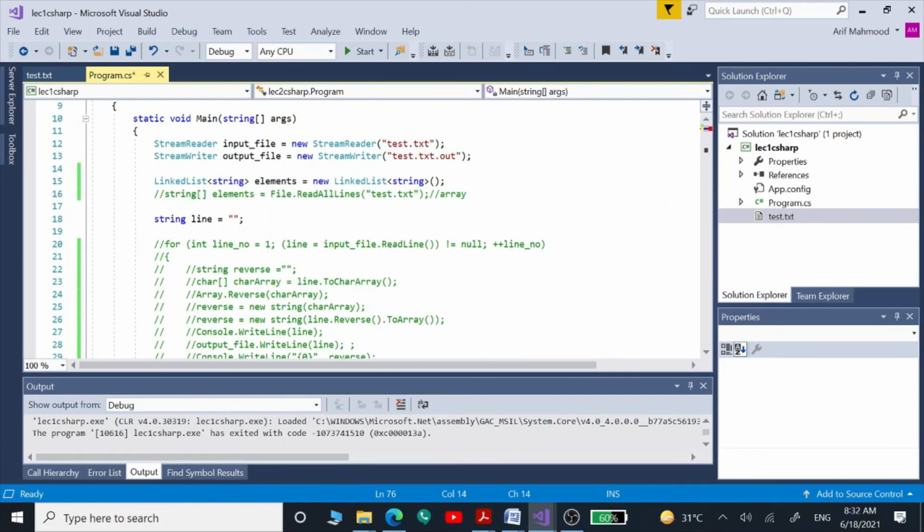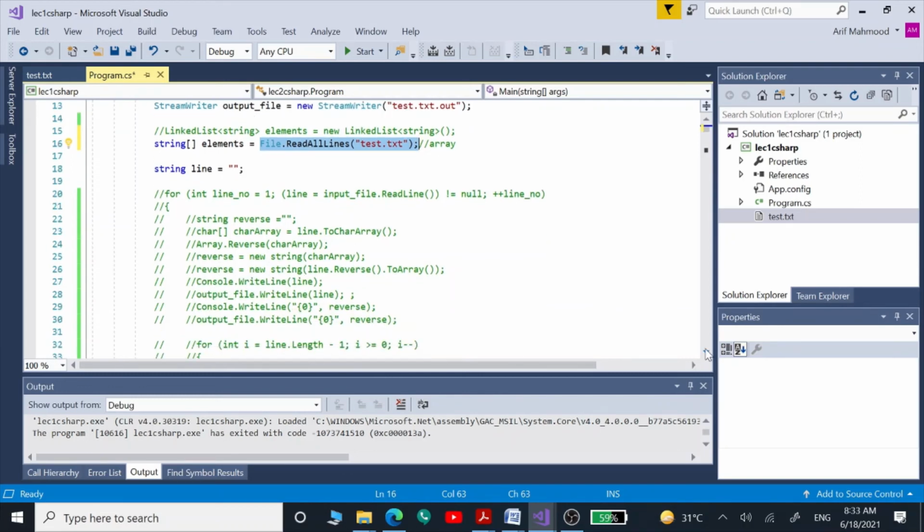So we can exclude this line, and we are going to define a string array here, and we are going to give that array the size like this, so that we can use all the contents of our file.